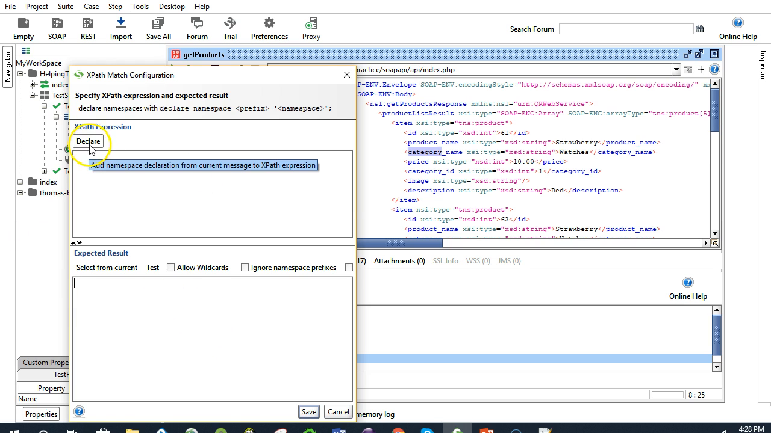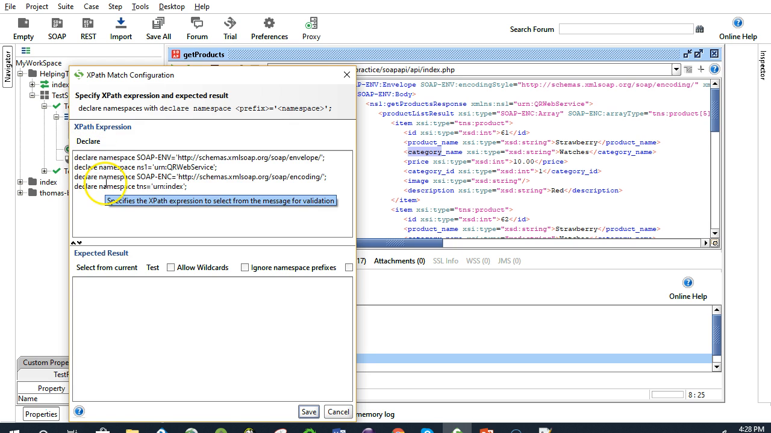First step that we need to do is click on declare. So it is going to give you some namespaces which match with your XML. Just do an enter and start giving the path from wherever you want to in your XML. So in this case I'm giving from this get products response. So you can say ns1 get products